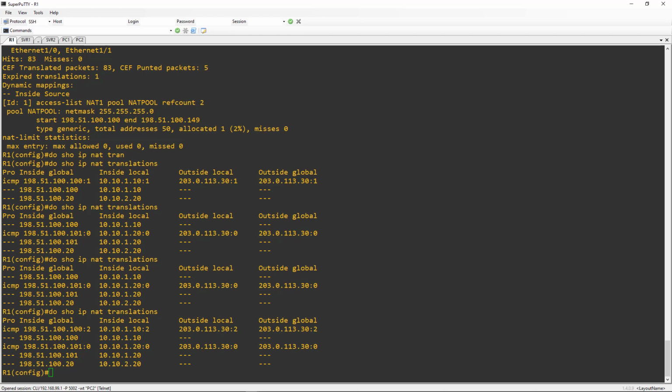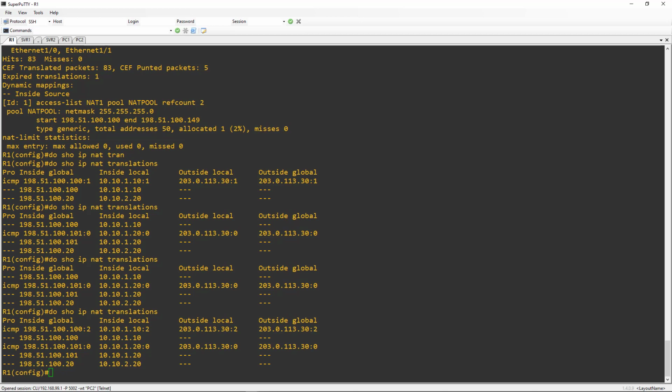So if I was to do this quickly, the extended translation that gets associated with the ICMP session is going to have that individual number, right? We could resend a ping and so on, but the ICMP sessions are very short-lived, but TCP translations have a 24-hour inactivity timeout period. There's just basically a simple entry in the table, and we see that here. So we did our ping from PC1, we did our ping from PC2, and we can see the entries in